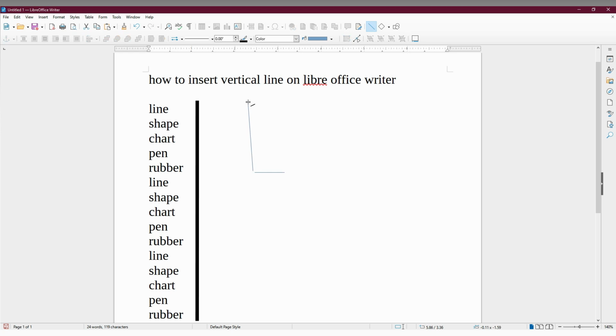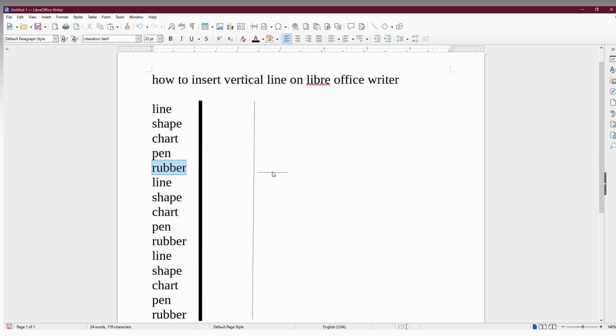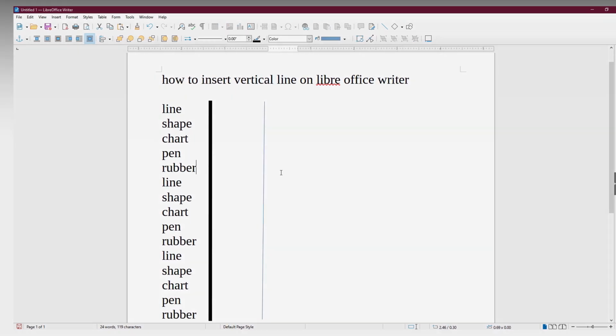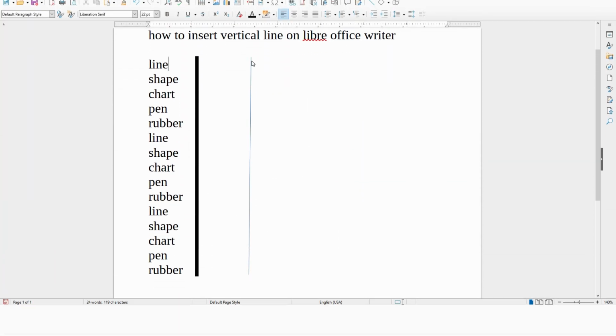You can insert as many lines as you need. You can insert lines like this. You can also delete the line. Just click cancel, select the line you need to delete, and click on the delete option on your keyboard. So this is how we insert the vertical line on